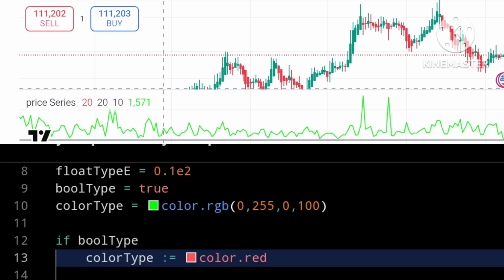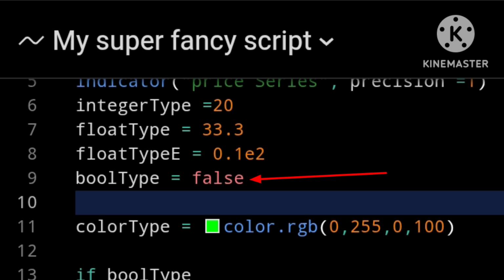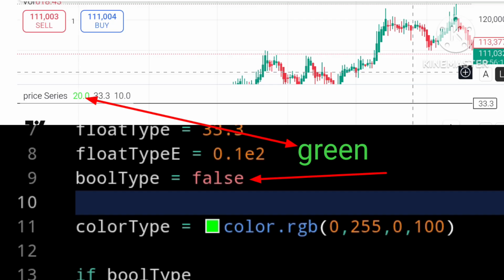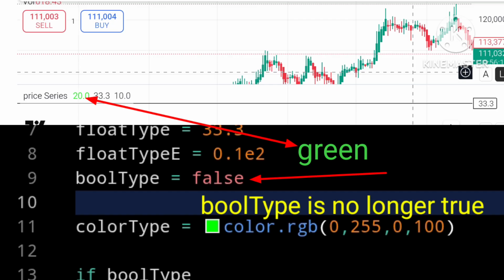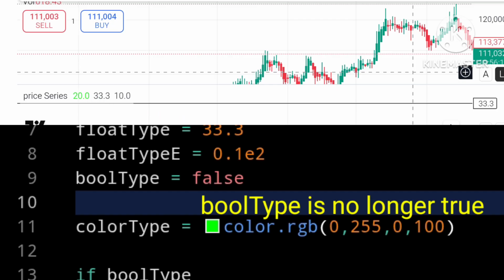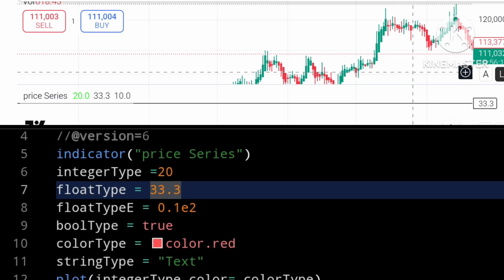So now if I save the script, this color will turn red because bool type is true, and we have overwritten our color with red. If I change this to false, the color will go back to green because bool type is no longer true. Save the script. There we go.